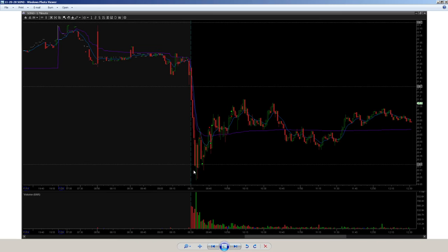And I was like, okay, well, maybe if we get another snapback, I'll take another short, thinking we might get some continuation. You can see that obviously it just kind of went sideways for most of the day there, but those were my thoughts. So when it snapped back here and it caught back up to VWAP, I got short, took some profit off here and here. Oh, sorry, I took some profit off here, added here because it was kind of the same level, that 2075 area. Took some more profit, and then got stopped out here,